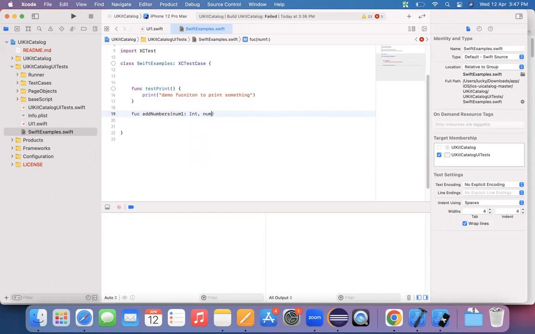And again, this function accepts the second number. And of course, this second number is also an integer type. And open this particular function. Okay, I'm just defining this particular function. So here, func, right? So there's a function add numbers accepting two parameters and it is adding these two